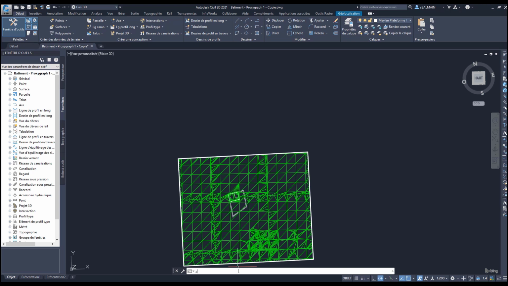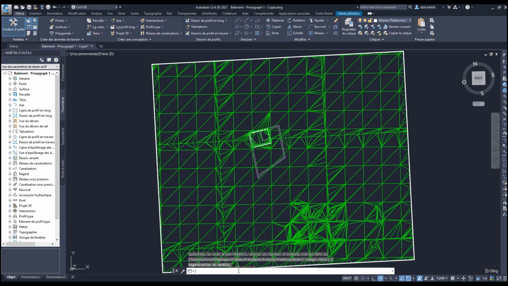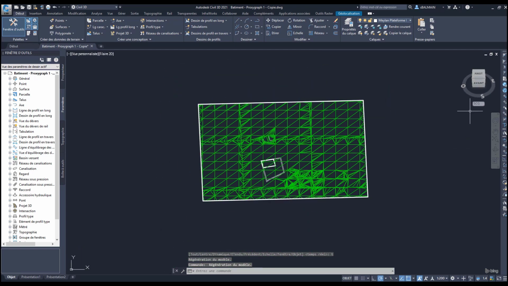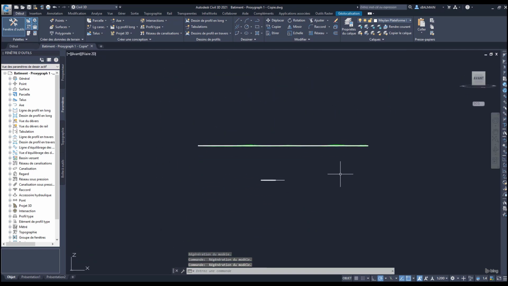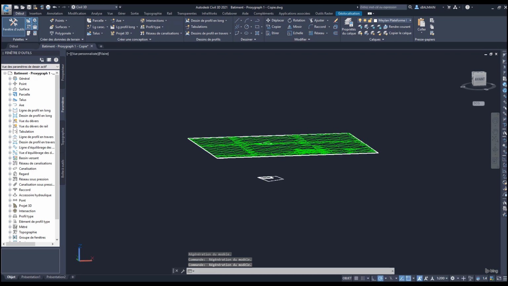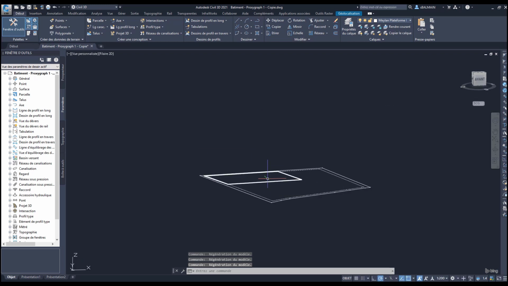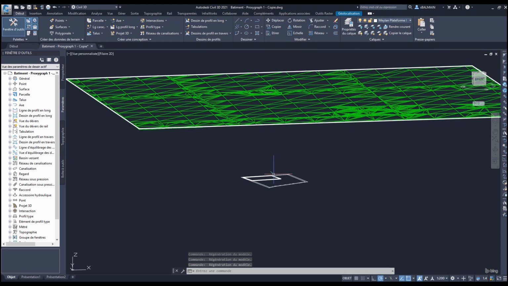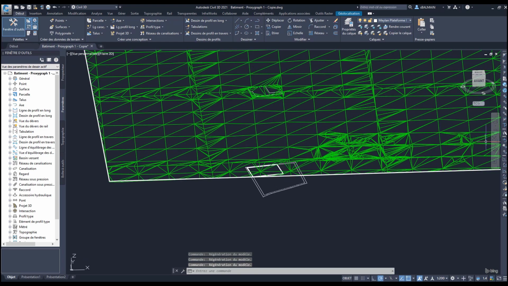Before linking or opening a DWG file in Revit, it's nice to open it in AutoCAD and do a zoom all to see if there is everything you need around where you will work, like this. And it's nice to look in elevation too. Here we can see that the parcel is in 2D at 0 and the terrain is at a real coordinate.